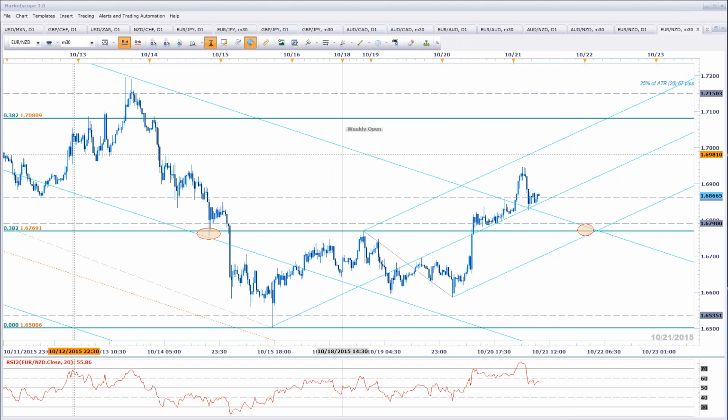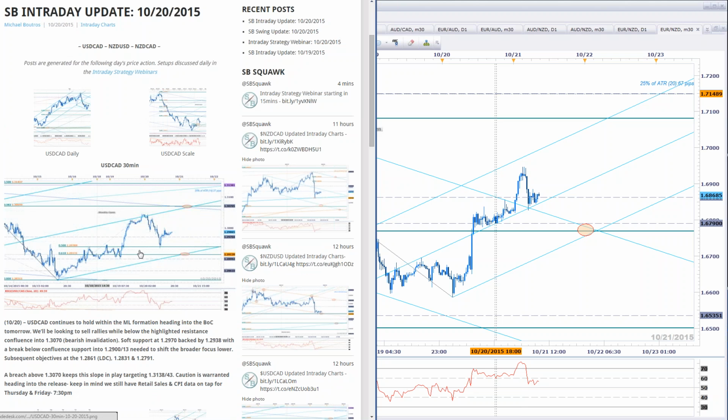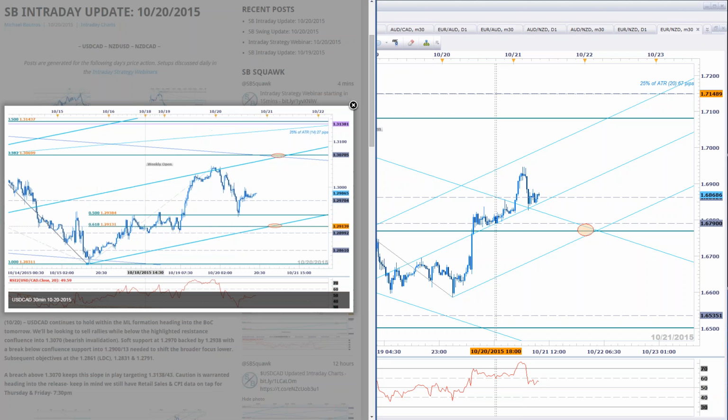Okay, let's jump right in. Here is the CAD crosses. BOC's on tap. We'll be looking to see if they have any concerns with regards to the inflation picture. Remember, again, like I said, they're coming out of a technical recession, so we'll want to see them a little bit more upbeat for this to give a little bit more kick to the upside for the CAD, dollar CAD lower. Here's what dollar CAD looked like last night.